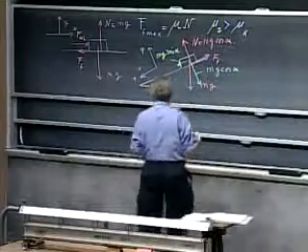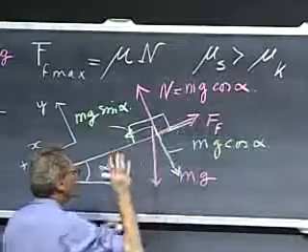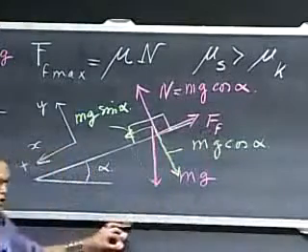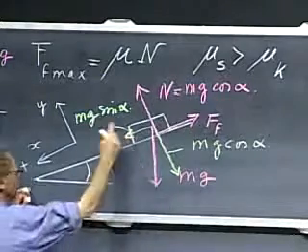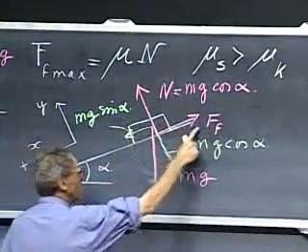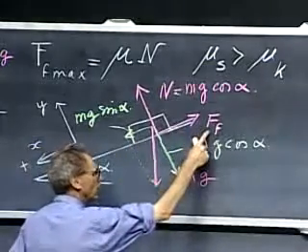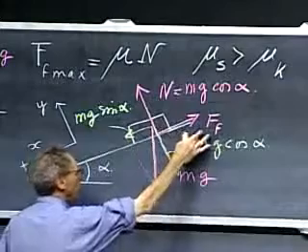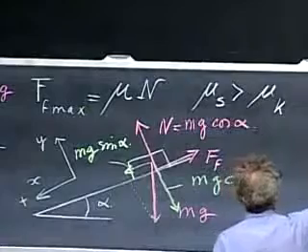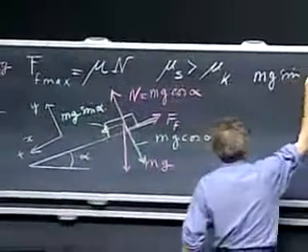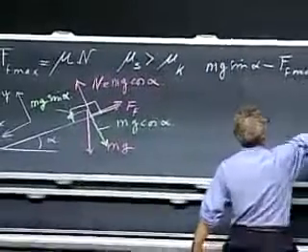I'm applying Newton's second law. In this direction now, the acceleration is still 0, but the frictional force has now just reached the maximum value, because I increase alpha, so this component will get larger, and this component will get larger, this component will get larger, this component is still holding its own, but then all of a sudden it can't grow any further, and it starts to accelerate. So Newton's second law tells me that mg sine alpha minus f_f maximum at this point